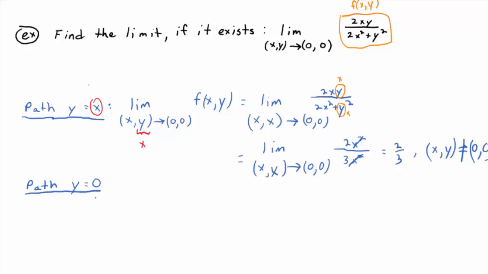So if we let y, in other words, we approach 0. When is y equal to 0? On the x-axis, right? So we're going to approach (0, 0) along the x-axis. That's the path we're taking. That's what it means when you say y equals 0. So in this situation then,